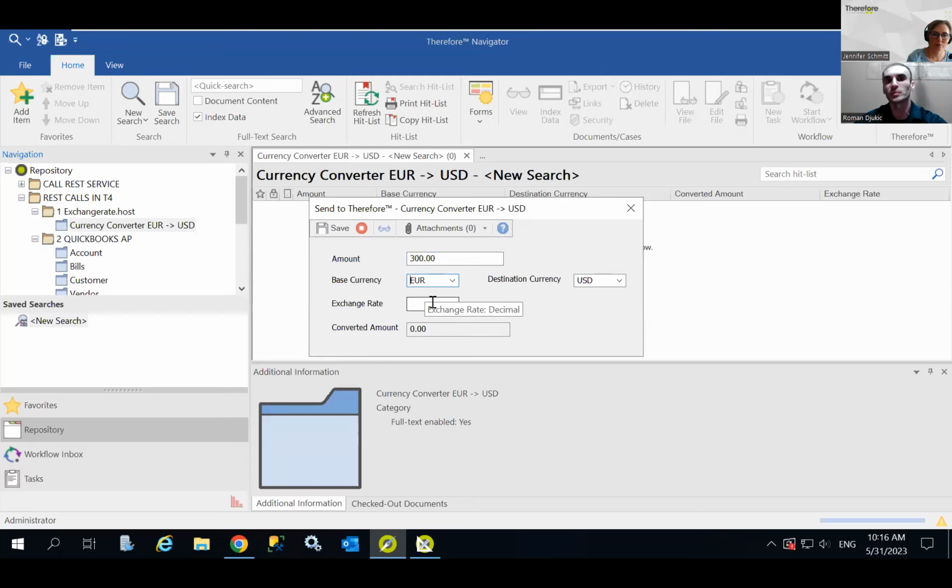So the exchange rate should be automatically populated here. Of course, also the converted amount can be updated as well. But in this case, we are just updating the exchange rate. And this is basically functionality that is available on the Therefore side, where you can use the calculated field. So basically calculation can be performed by the amount